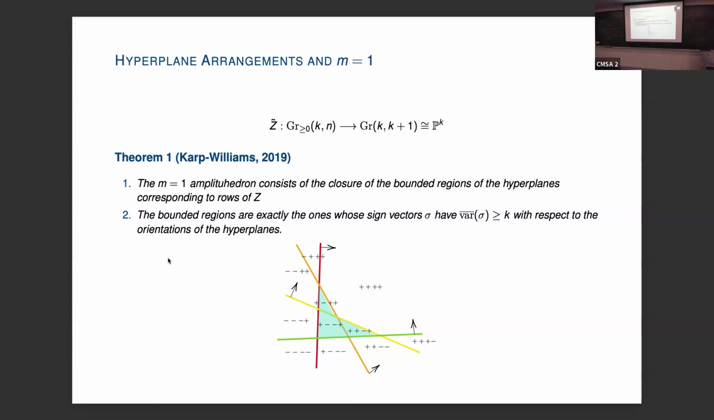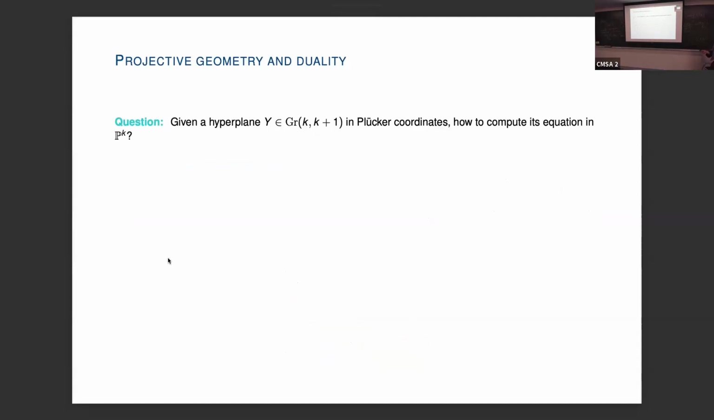So we wanted to study m=1 Grasstopes. Sorry to the physicists. I guess this is the m that is always 4 when you're talking about physics, but in this talk, m is always 1. Okay, so now I'll explain what it means, or how we get these hyperplanes that correspond to the rows of